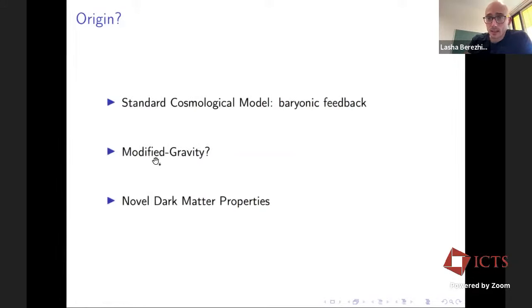Okay, another dramatic alternative, as I'm sure you've all heard, is modified gravity. People have asked whether you could replace the existence of dark matter, or at least most of it, by simply modifying gravity. This was the original motivation for Milgrom as well. His point was and is that this empirical relation is an indication of a new modified gravity, and in principle we don't even need dark matter whatsoever.